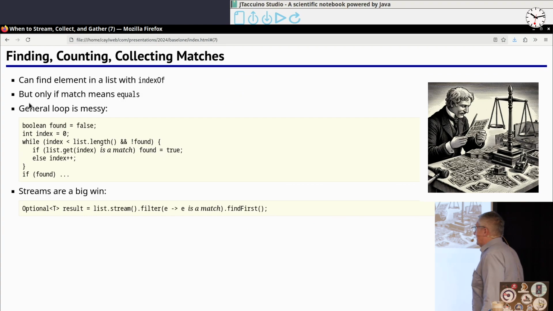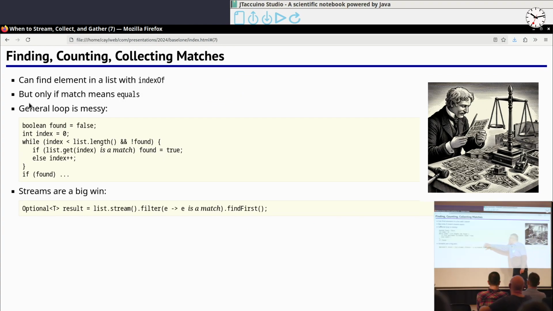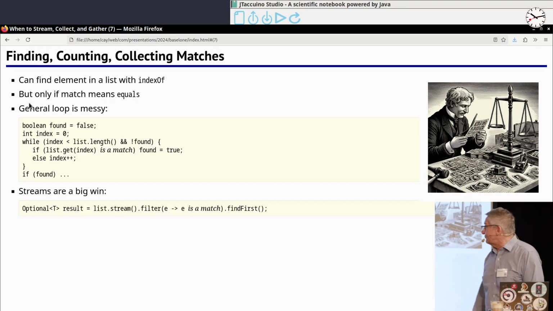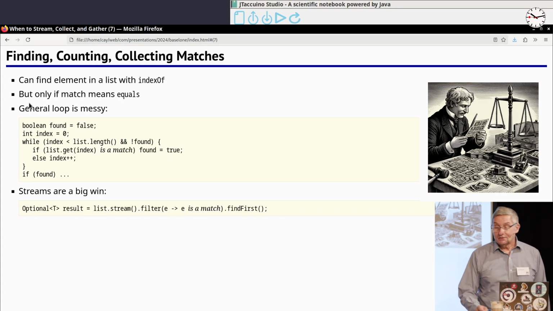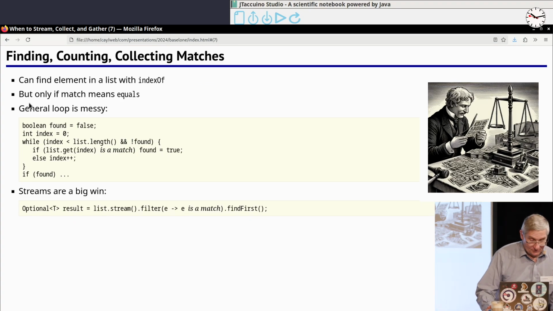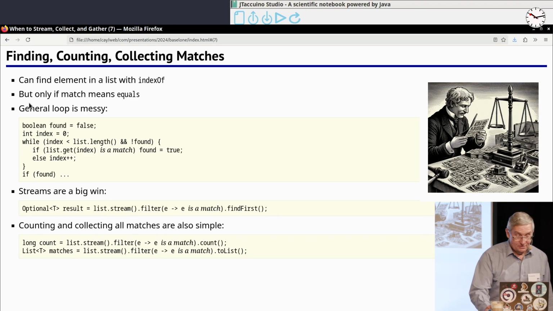You might say, well, I don't actually want to have the entire collection filtered. I just want to have a first match. But that's what streams give you. Streams are processed lazily. So once the first match is found, the rest of the stream is never investigated. It short circuits and your result comes. So that's actually really nice.